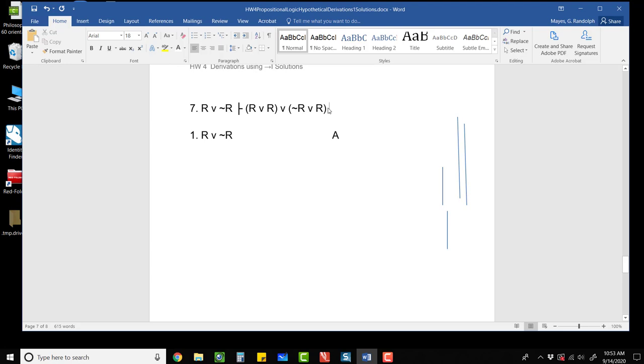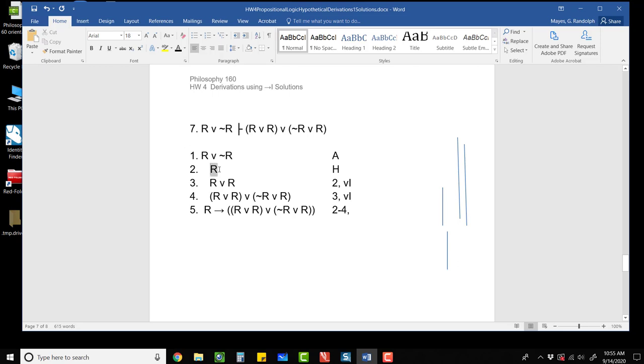And it is provable as a theorem, but that's only because R or not R is provable as a theorem. R or not R is an instantiation of what we commonly call the law of the excluded middle, and you should be able to prove it from no assumptions. Unfortunately, we can't do it right now. We need one more rule, which we'll get next time, which is negation introduction, or what's commonly called reductio ad absurdum. Okay, but to just focus on this particular problem to finish things off,